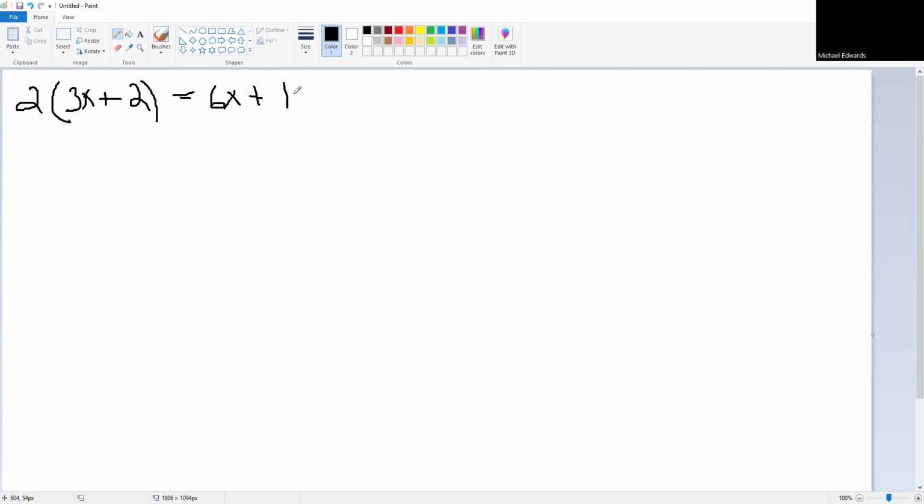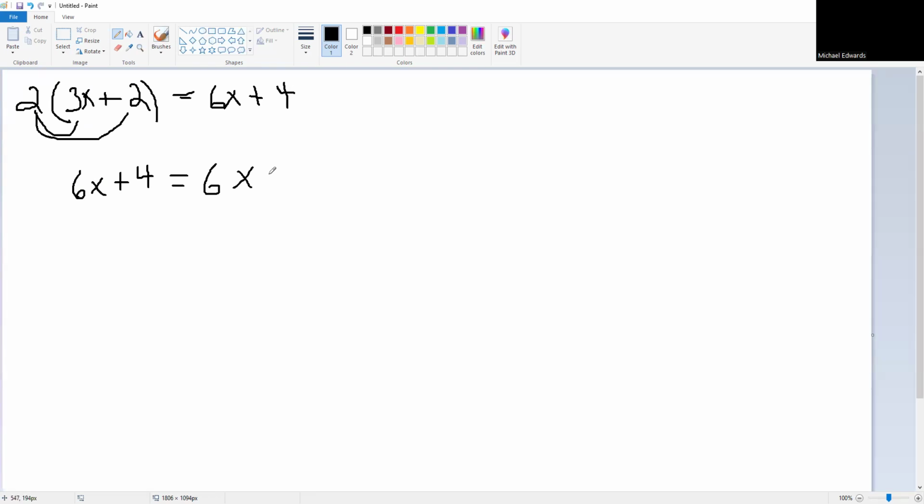Now I can already see if we take this 2 and distribute it, we're going to end up with 6x plus 4. But we must do it and then follow our steps. So 2 times 3x and then 2 times 2. This is 6x plus 4